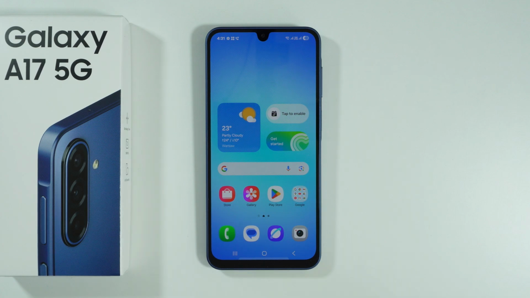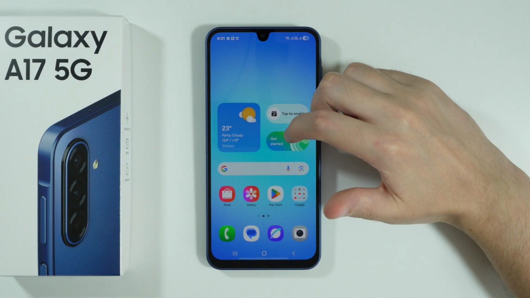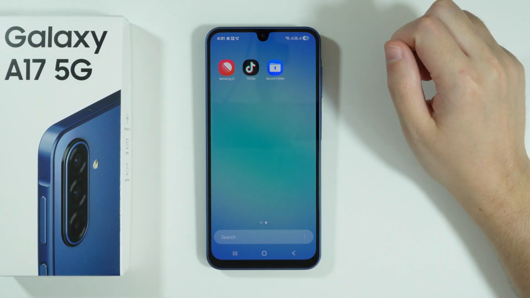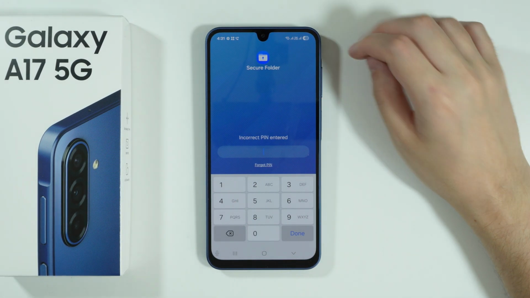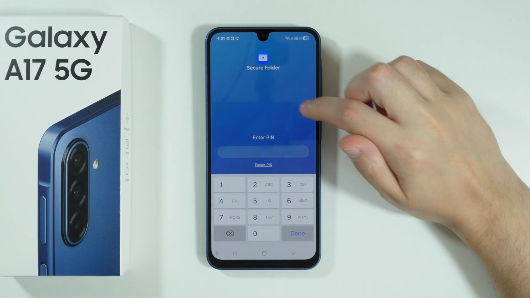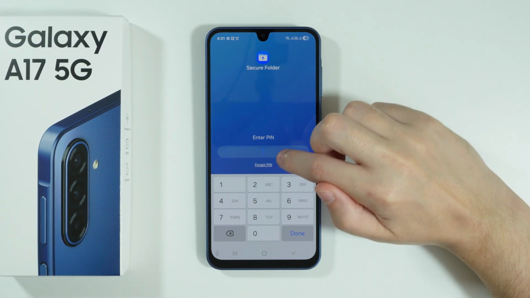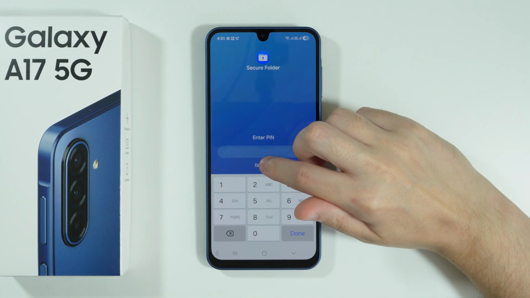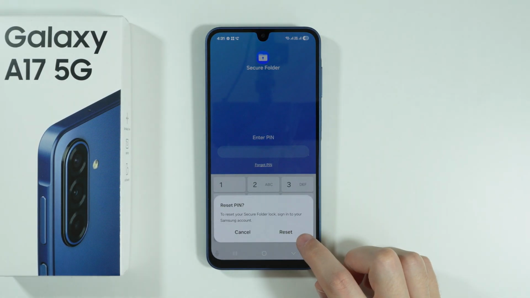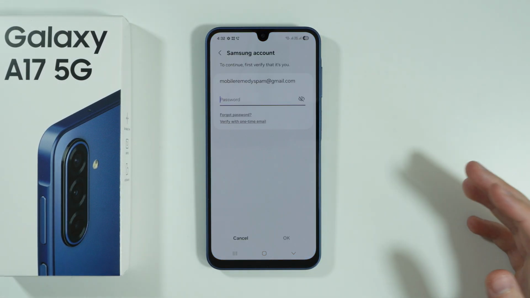If you want to reset the secure folder password on Samsung Galaxy A17, open the secure folder and enter an incorrect password. If you have a Samsung account assigned to the secure folder, then you should be able to find the forgot password or forgot PIN text over here. So you can tap over here and then reset with your Samsung account,